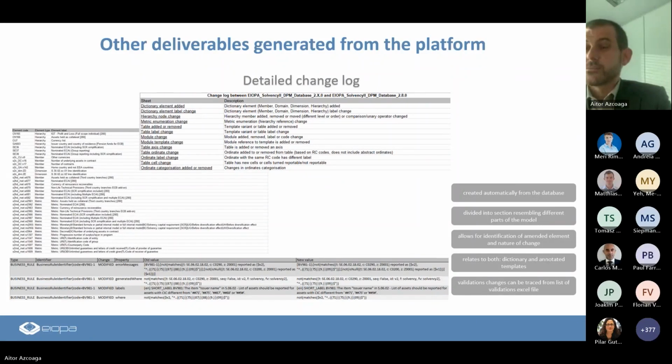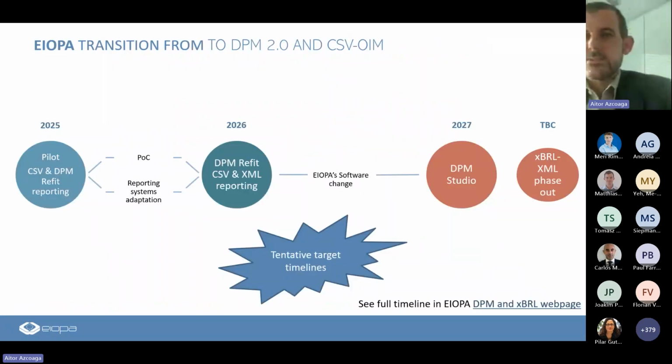And I would say there is demand for this detailed list of changes, which is convenient, because you have in an Excel file, line by line, how this template has been modified. It's only the things that have been changed, or the modeling part. So for a human being it is very convenient. But if you are reporting based on the DPM, most probably you will use the DPM database, and then these Excel files will not be so useful, because all of this information you will have in the DPM database. So this also shows a little bit where we go in the long term, and we believe that at least for the undertakings that are interested, they will still have the data for change.